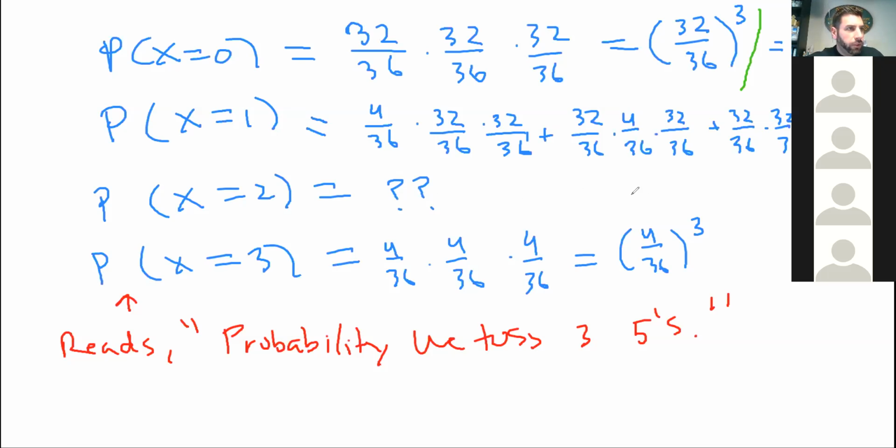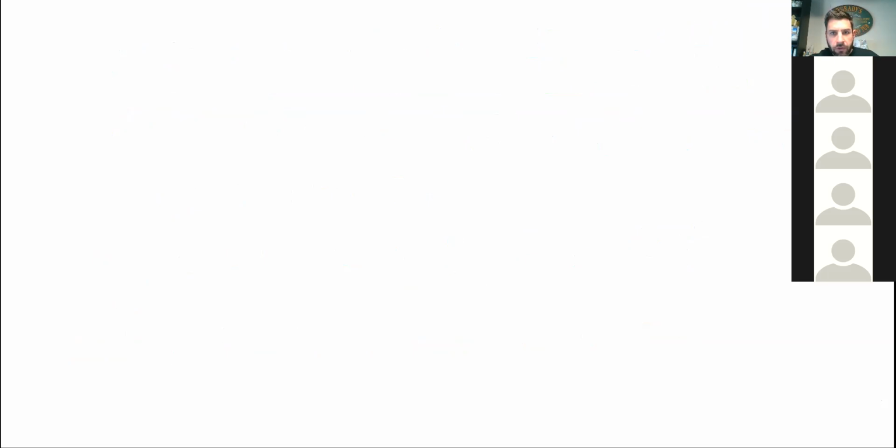Does anybody have a question before I move to the next page? By the way, I should make sure you understand that this inside the green is not to be confused with this. All right, so let's suffer the torture of doing the probability that we roll a 5